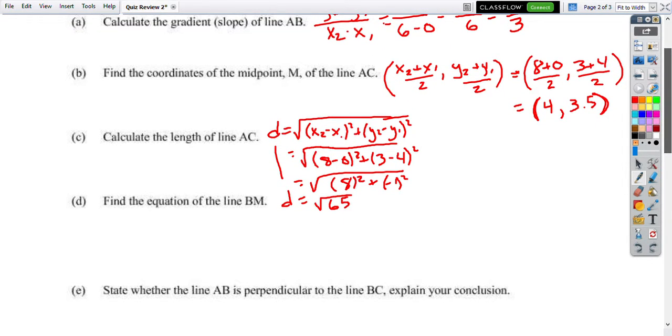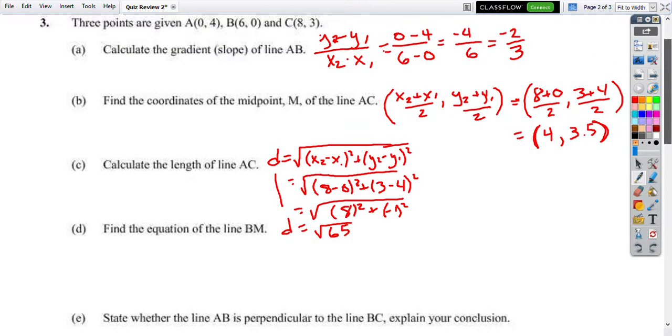All right, find the equation of line BM. So first thing we need, if we're going to find the equation, you guys remember, number 1 is the slope, number 2 is the y-intercept. So we have B, and we also have M from the midpoint, so we'll do the slope first. So y2, we'll go M first, so that's 3.5, minus B, which is 6, over, and then x2, so 4, minus, and then